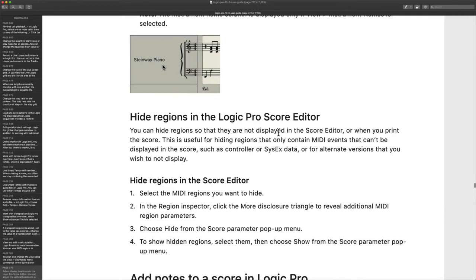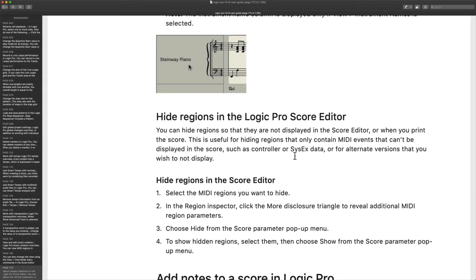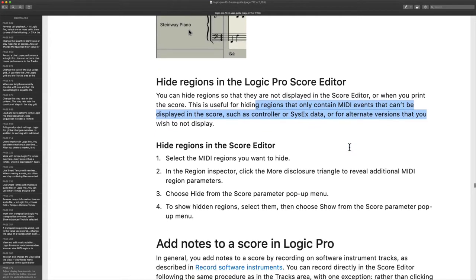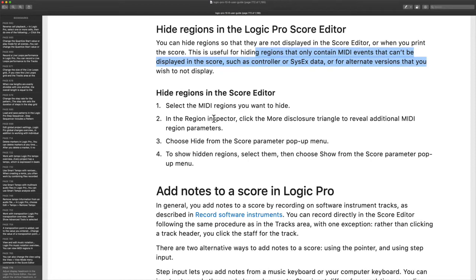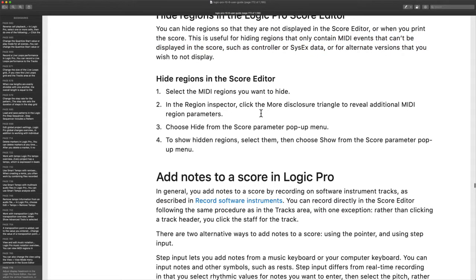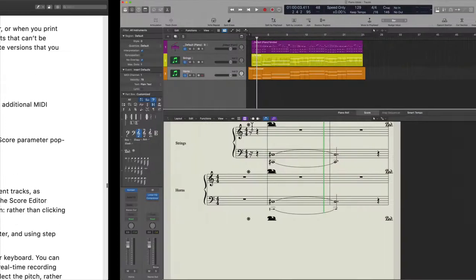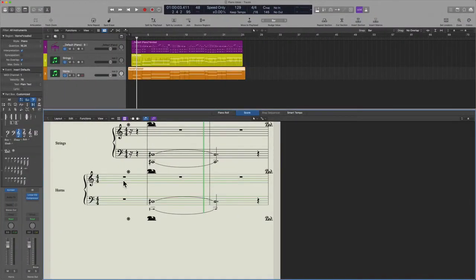All right, if we want to hide regions, you can hide them so that they're not displayed in the score editor. When you want to print the score, this is useful for hiding regions that only contain MIDI events or for alternate versions that you wish not to display. We go to the MIDI regions that we want to hide, and in the region inspector, we choose hide from score. So again, selecting on the horns, region inspector,